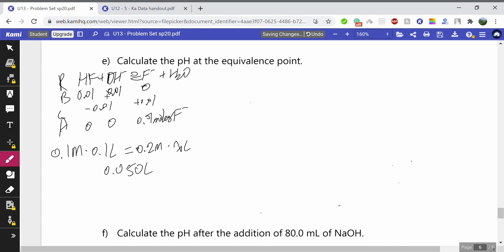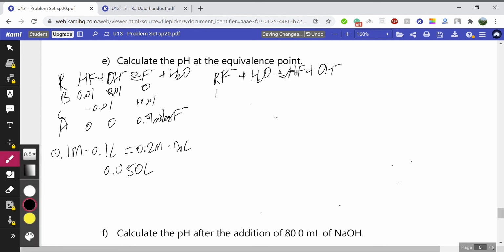Now, because there is none of the HF left, we cannot use our HH equation, and we form a new reaction of our remaining F minus. When we add this to water, it's going to form HF plus OH minus. Now this is going to be a RICE chart, so we're going to be using molar. To convert to molar, we divide by the new volume, 50 milliliters plus 100 milliliters, which is 0.150 liters. So 0.01 moles divided by 0.150 liters is going to give you